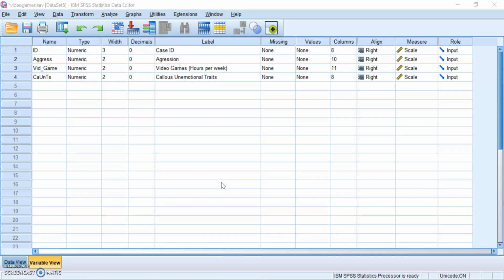In today's videos, we'll be looking at running a moderation analysis using SPSS, specifically using the process plugin. The process plugin is basically an add-on to SPSS that lets you run moderation and mediation with more ease than